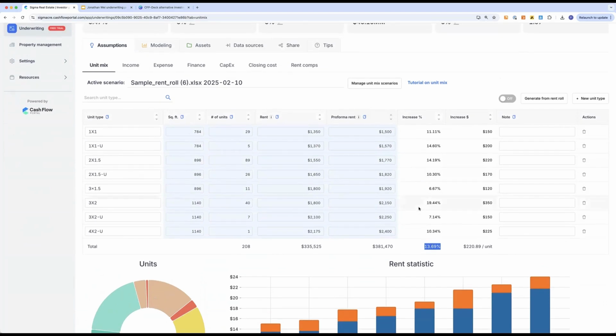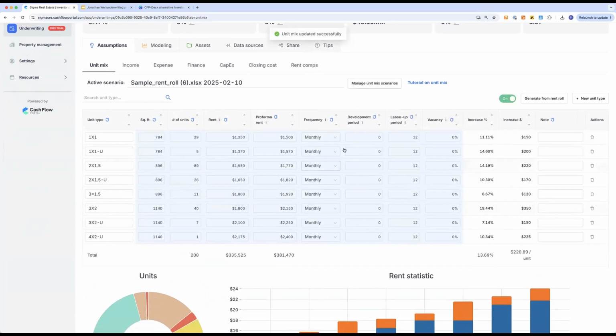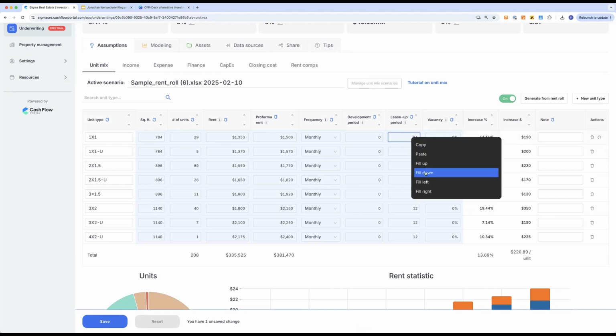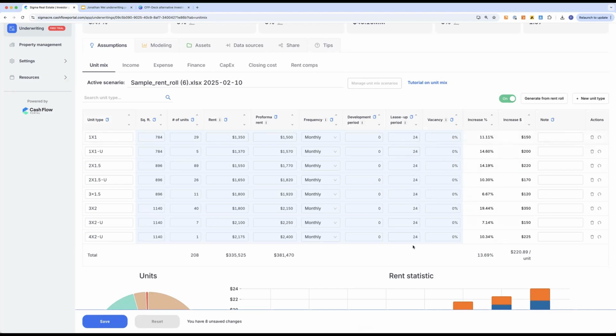Let's see. The first thing, we can spend all day on Unimix, so I'll give you a couple more tricks. The first one is I'm gonna turn on this thing called advanced mode. The advanced mode tells me what's my lease up period. By default, it's lease up over the course of 12 months, which is 1 year. That's why you see the forced appreciation in year one. But I can easily make this 24 or 25 or 28, doesn't matter. Then I right click and do fill down. So all of this now is 24.